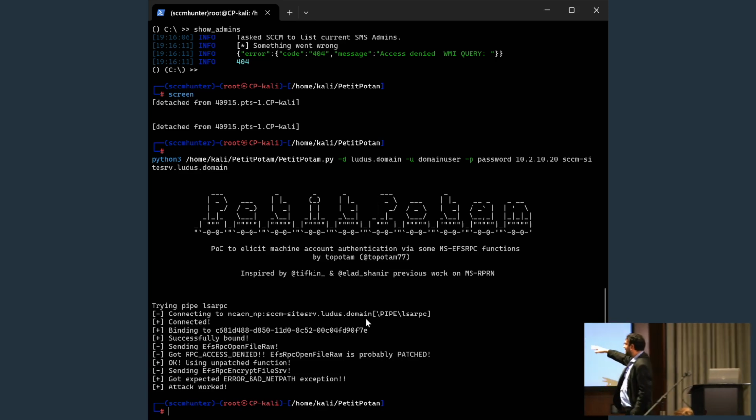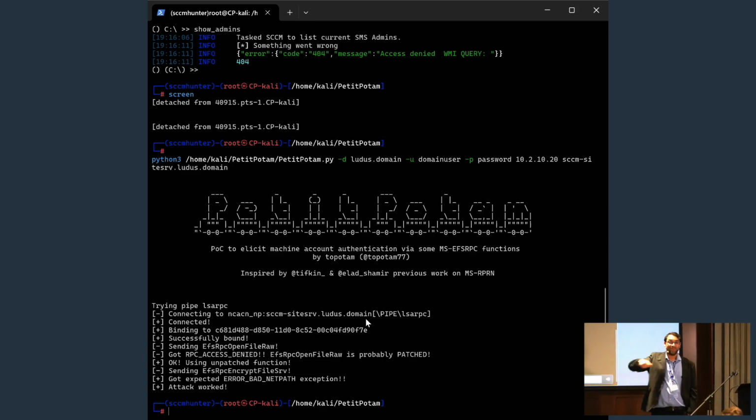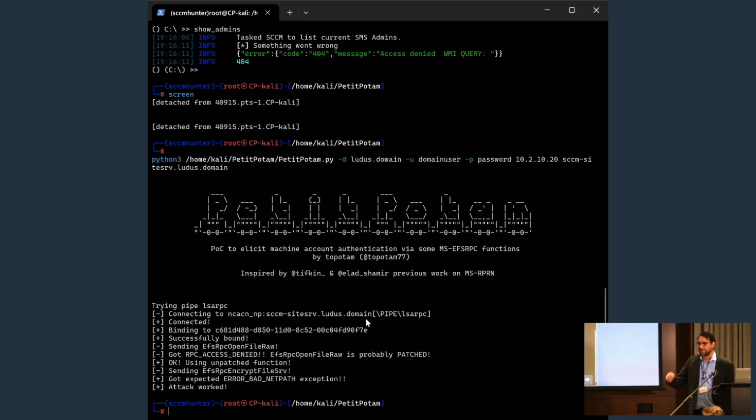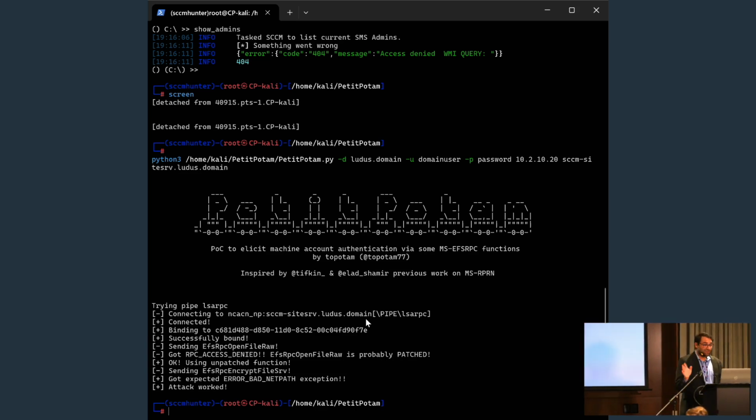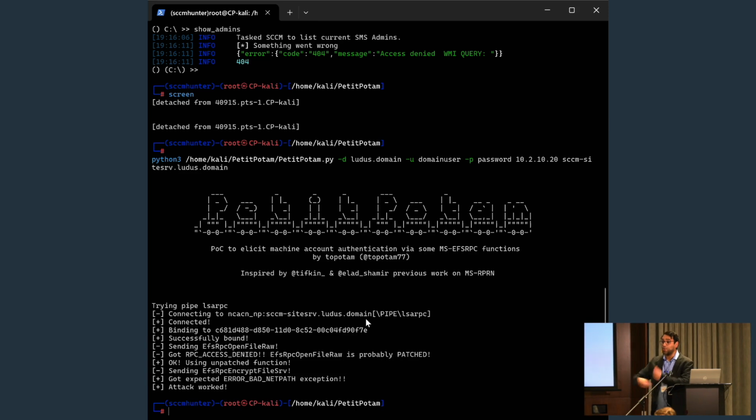PetitPotam builds in a couple of different, they're called coercion techniques, so trying to get a thing to authenticate to another thing. This doesn't use the printer bug. It uses something called EFS, so Encrypting File System. Microsoft has said that they can't fix this, that it's part of the protocol that you can coerce this authentication. So this is kind of then taking the fact that we can make a machine authenticate to any other machine, linking that together with NTLM, allowing for relay attacks, and then the fact that the security controls aren't enabled in order to then, if we go back,